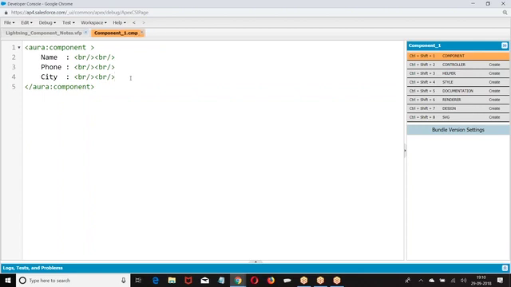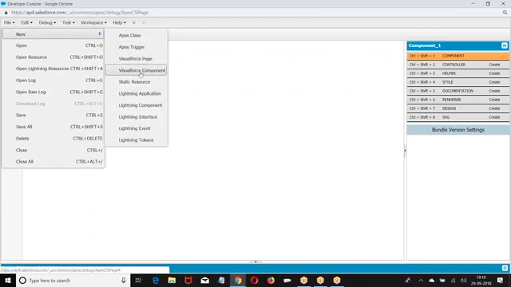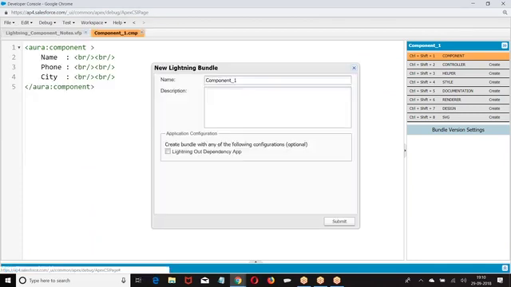I told you a component cannot be executed by itself. We are supposed to invoke this component using a tab or a button or a quick action or an application. So what I am doing, go to Lightning application, component application 1.